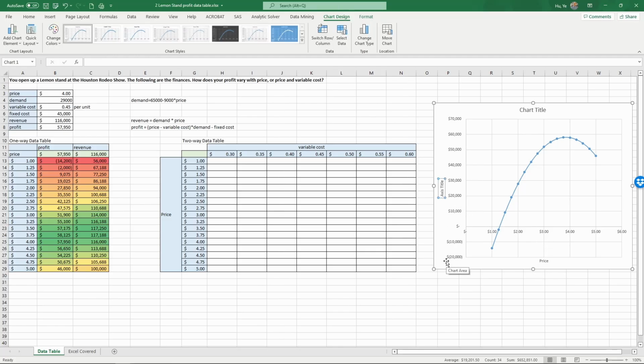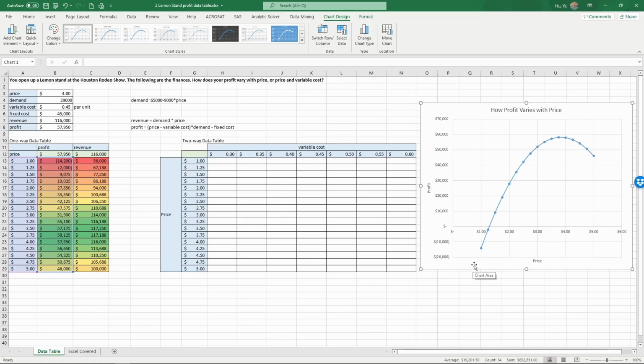And this is profit. And the chart title, let's call this How Profit Varies with Price. Enter. So as you can see here, the relationship between price and profit is a curve, as we have discussed